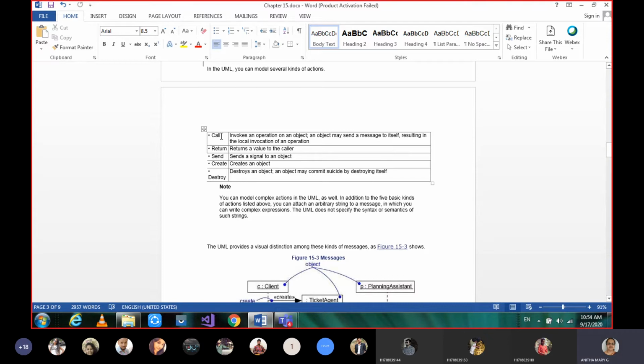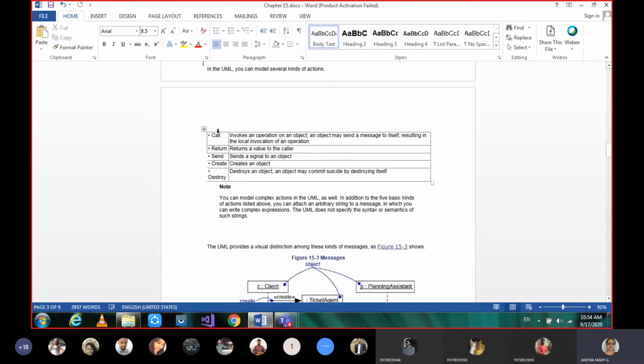When I want to call, I raise my voice, and in that voice I am identifying a particular person and calling someone. Here also, not only the interaction but specifically to whom you are sending, whom you are calling, all the details have to be given. So that is call: it invokes an operation of an object, and an object may send a message to itself, resulting in the local invocation of an operation. Okay.